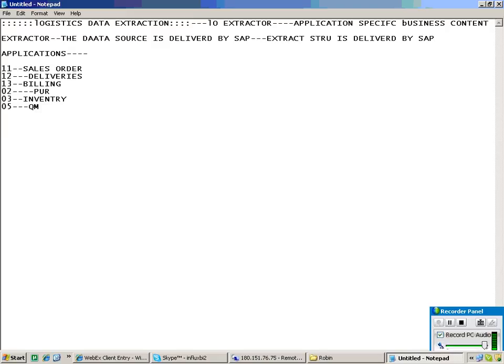Right. So the logistics data is divided in terms of transaction data as well as master data. Master data is as usual attribute, text and hierarchy. But logistics transaction data is divided in terms of header, which speaks about your header data, and item, which speaks about your quantity terms.